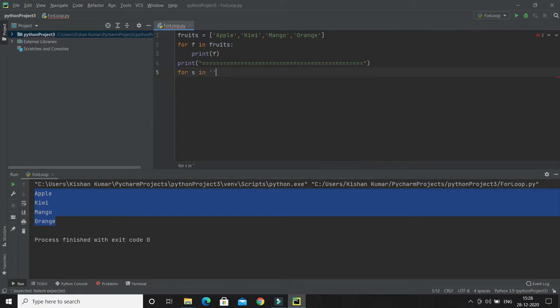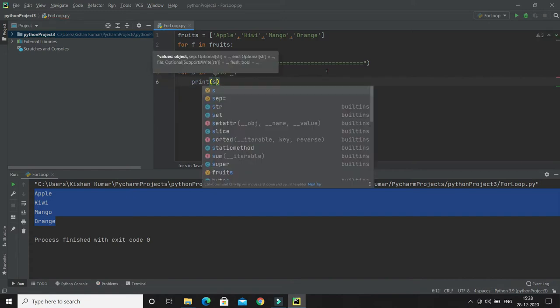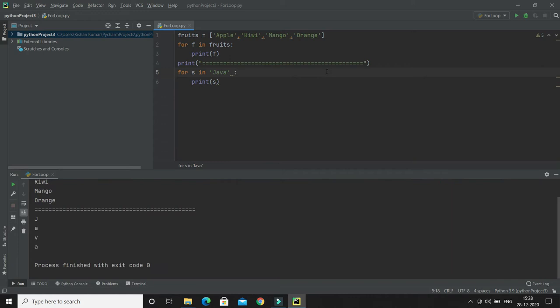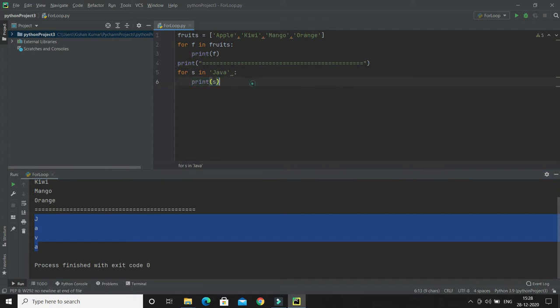So here I'm going to write Java, and I'm printing every character from this string. If I run this program, then you'll see every character from Java is iterated and that's got printed. So that's how you can iterate a string using a for loop.